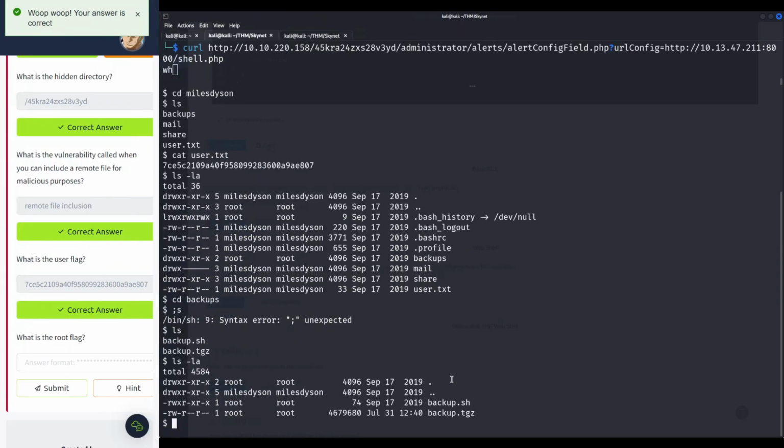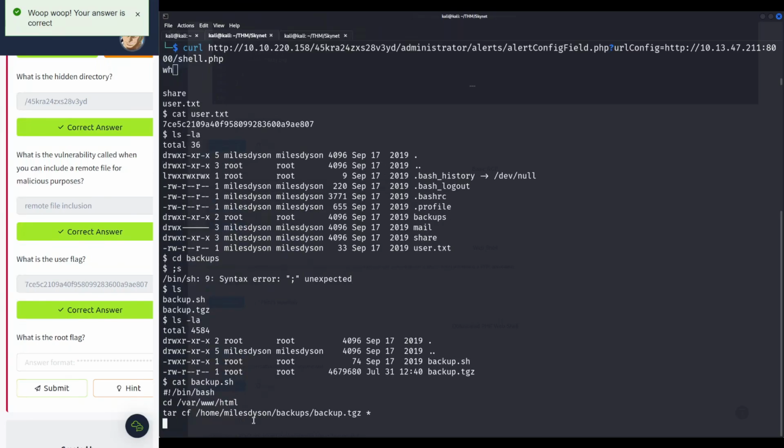Sorry if you can't read this fully, it's fine for now. I think, okay, we have user write, but no group. So the owner of this has read, write, and execute, and then the group has read, no write, but execute, and other users have read and execute. So we can read this backup.sh. Okay, another shebang, /bin/bash, cd /var/www/html, and so on. So this part is going to use